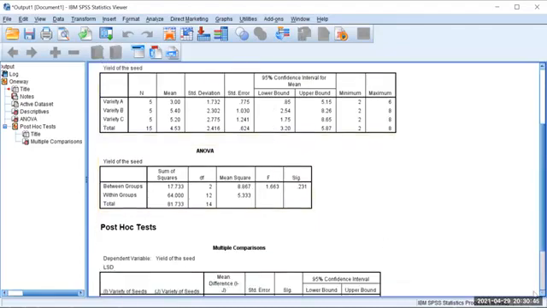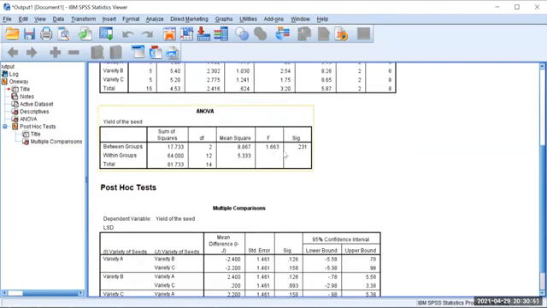So see this ANOVA table. This is the F value. Usually, when you are doing it manually, we compare the calculated F value with the tabulated value, and then we give the interpretation. Now, as I already told you, in SPSS we need to see only the significant value. The significant value is 0.231. Now tell me, is the significant value less than or greater than 0.05? 0.231 is greater than 0.05.